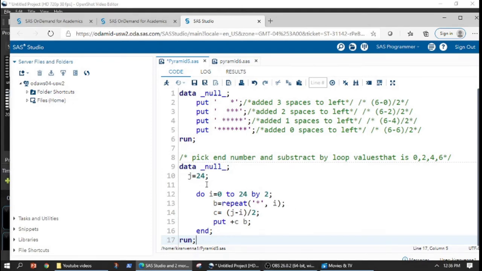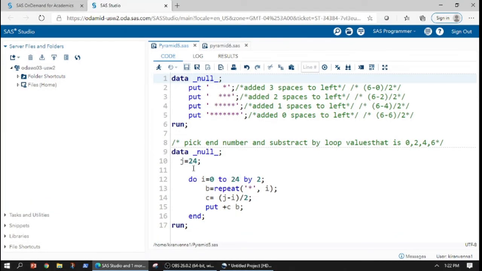To conclude, whenever I want to change my pyramid size, all I need to change is the number here and here, and the number should be one less than the number of stars we want. Say if we need 99 stars, we need to give 98 here and here.